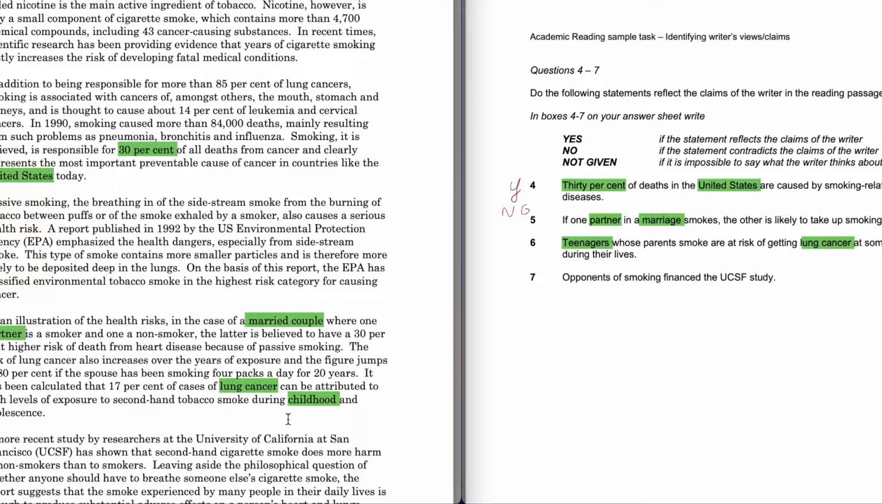It has been calculated that 17% of cases of lung cancer can be attributed to a high level of exposure to secondhand tobacco smoke during childhood and adolescence. So the answer is going to be yes. Unfortunately, this kind of thing happens. And then we go further to question number 7. Opponents of smoking finance the UCSF study. So absolutely our keyword is going to be